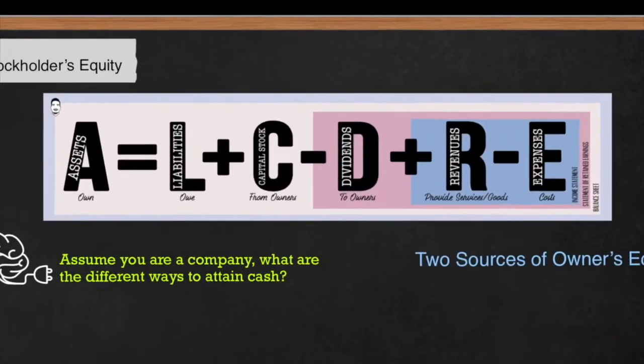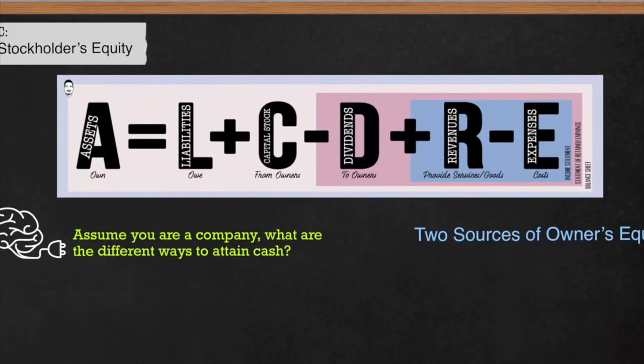Next, we're going to go over the stockholders' equity section. If you recall, revenue minus expense is your income statement. Then you take your net income or loss and you combine it on the statement of retained earnings, or you subtract dividends. And after that, you'll get your ending retained earnings, and that ending retained earnings gets transferred over to the balance sheet, which makes up the accounting equation.